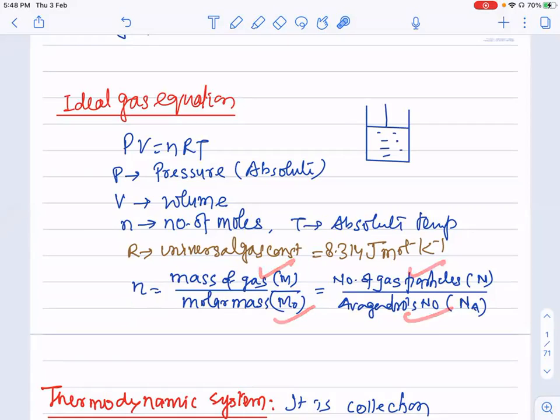or this relation. When we exhale or inhale, when we take a deep breath, we generally inhale or exhale 1 mole of the air, you know. Therefore, in our room, there are hundreds of thousands of moles of gas particles. Number of moles will be many hundred times. Because as I told you, when we take a deep breath, 1 mole of gas particles can be going in or going out,